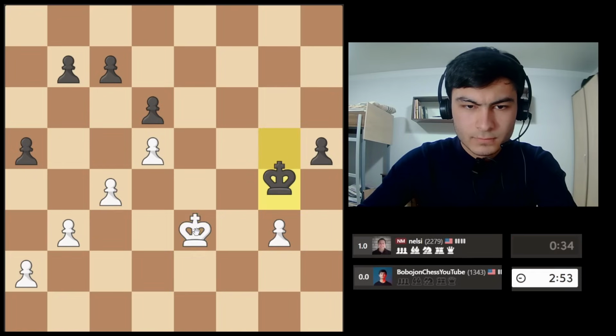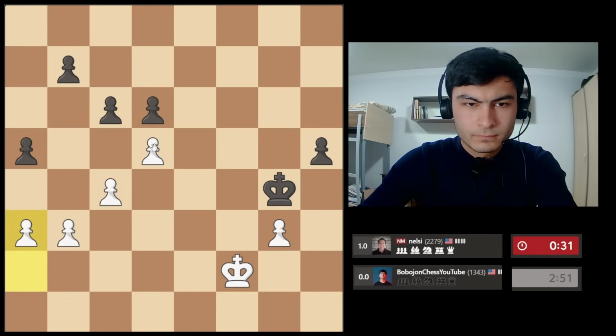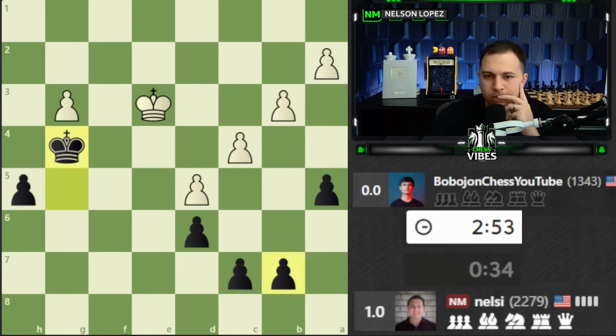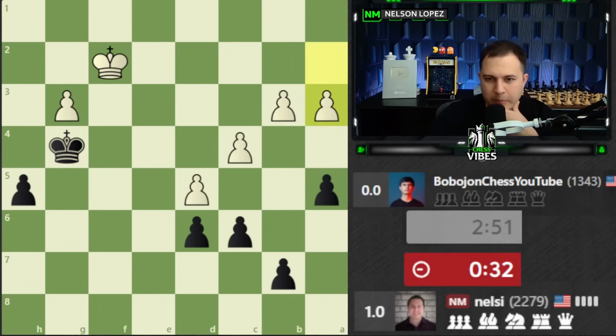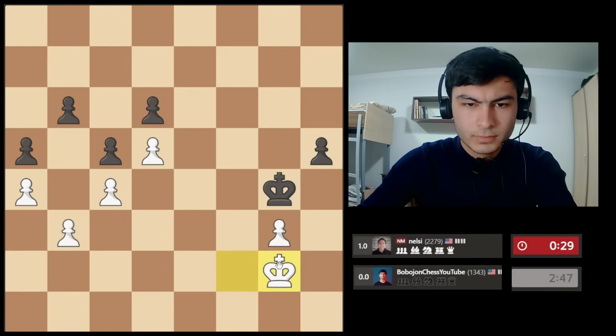I'll take this. I'll go here. I'll push this. Let me play c6. I want to try to create one more passed pawn here. But I don't know if we can do it. I'll go here. And then here. I think this is draw or...